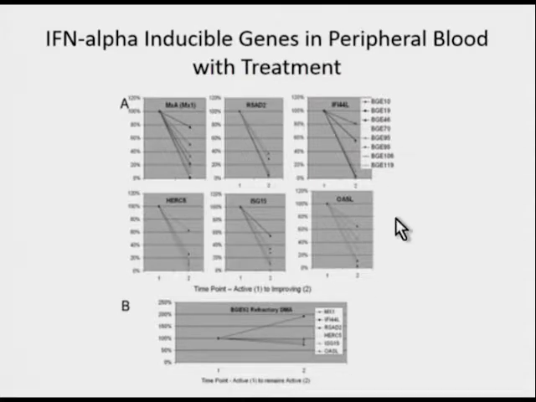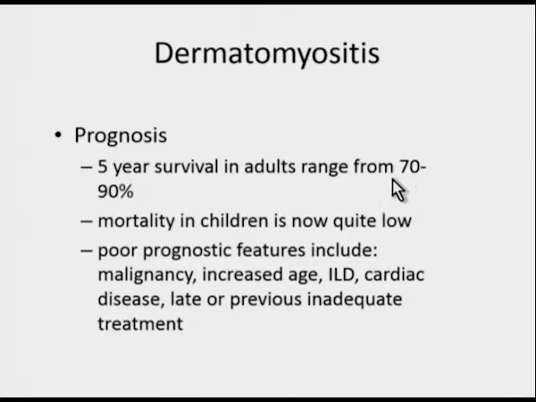One can also track the response to treatment by looking at these interferon alpha inducible genes in the peripheral blood. This is showing initially and then after treatment one can see that these decrease dramatically, except in the case of a refractory situation in which there is no decrease, so that this is a means of tracking progress of the disease in response to treatment. The prognosis is variable,